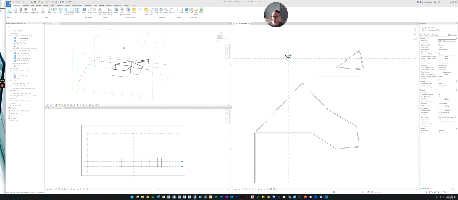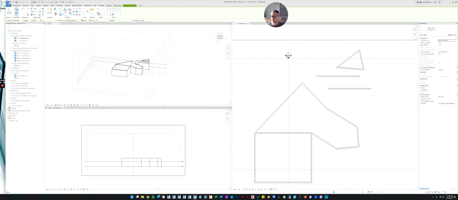Now, something else you might want to try is to get into the wall command again. You'll notice once you've started the command, the ribbon changes tabs, and now it goes to the modify tab for placing walls. What you'll want to pay attention to most is this little draw section over here. By default, you're going to draw a line, so you're just drawing a wall in a straight line. But if you want to do something else, you can use other commands.